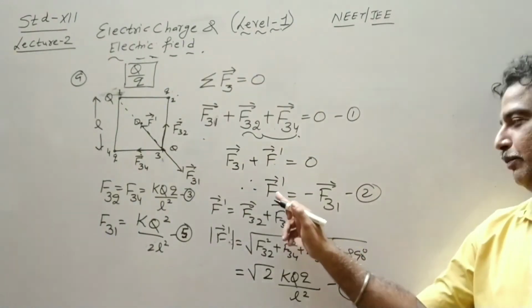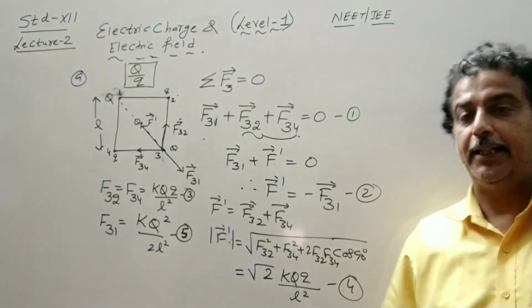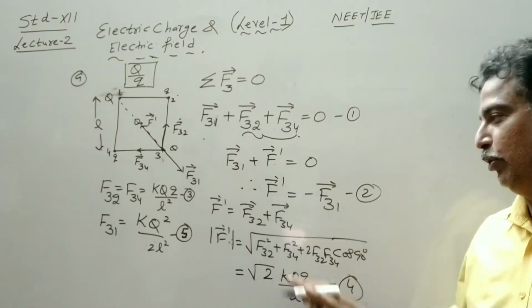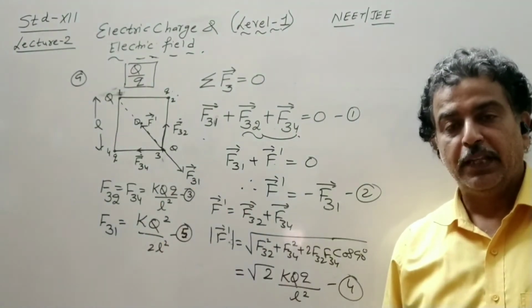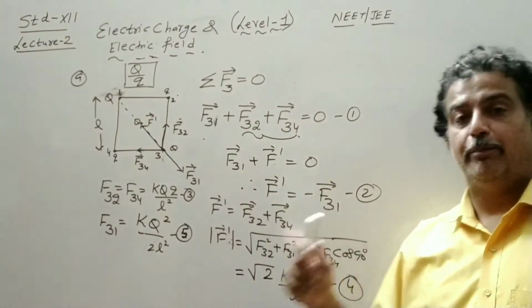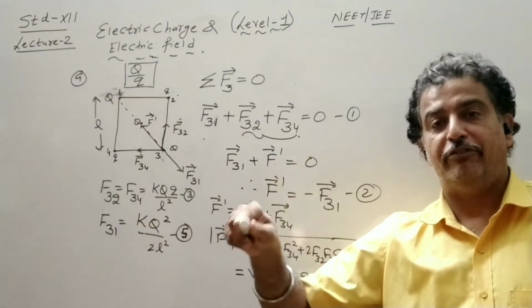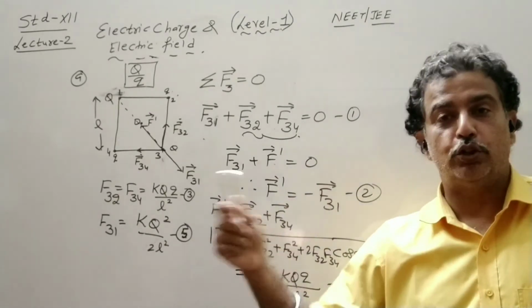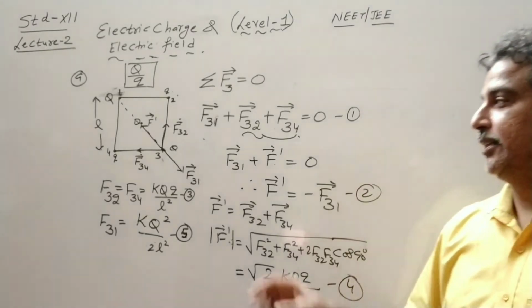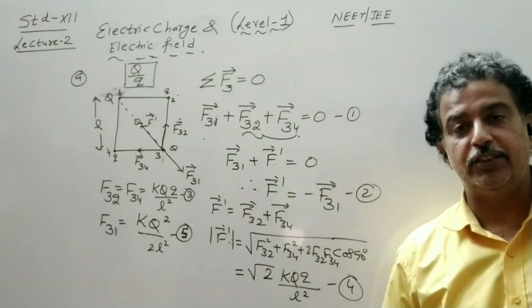Now both are opposite to each other. The negative sign indicates that it is opposite. So either directly you write that F dash value is equal to minus of this, or you can take the help of under root F dash square plus F31 square plus 2 F dash F31 cos of 180. Now cos of 180 comes out to be minus 1. They are in the opposite direction, so we can do that and the resultant is 0.